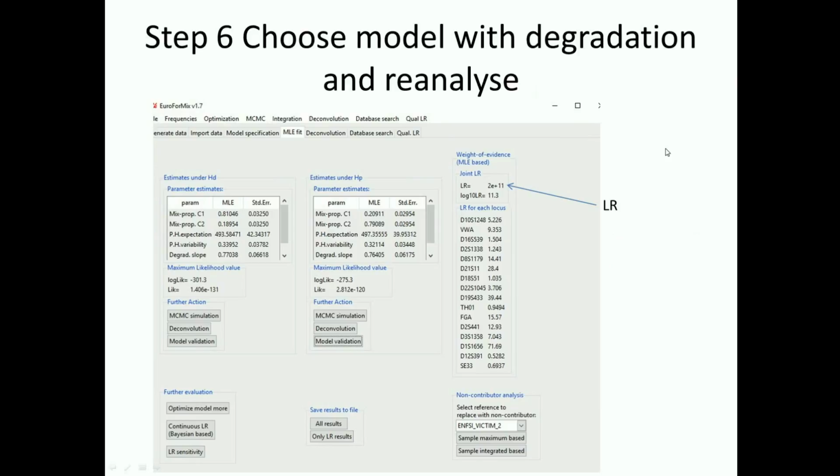So the next step is to choose the model with degradation but without stutter and reanalyze the data. So here we can see the mixture proportions as before, the log likelihood here which is maximized, and the likelihood ratio, log 10, 11.3. So the next step is to carry out model validation, and we press these buttons here and here,